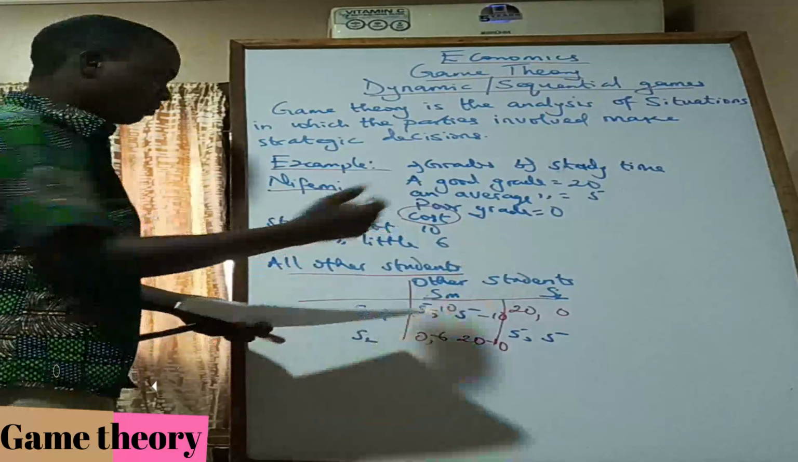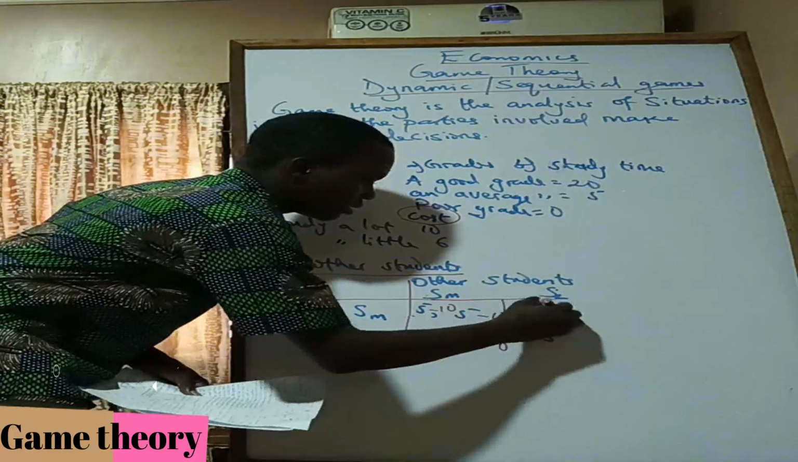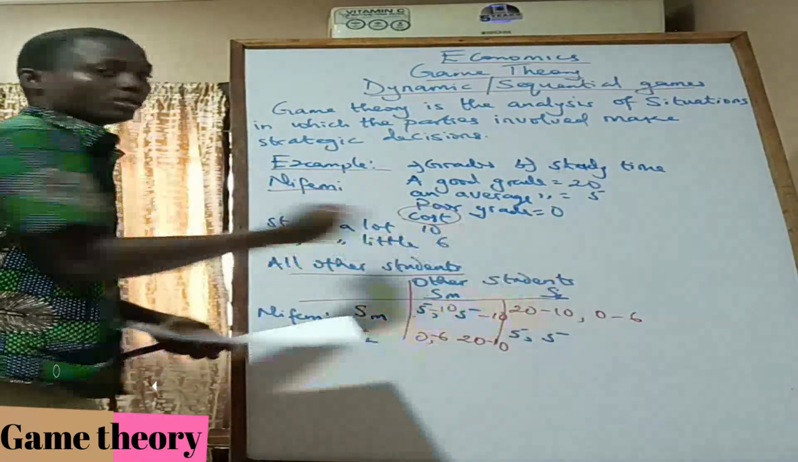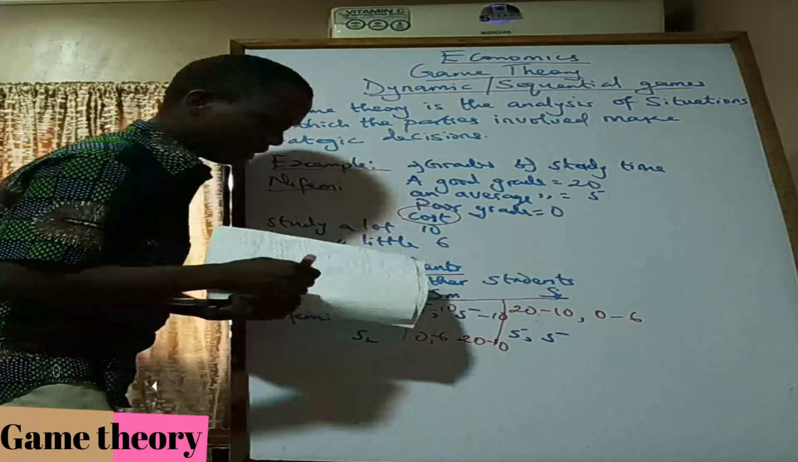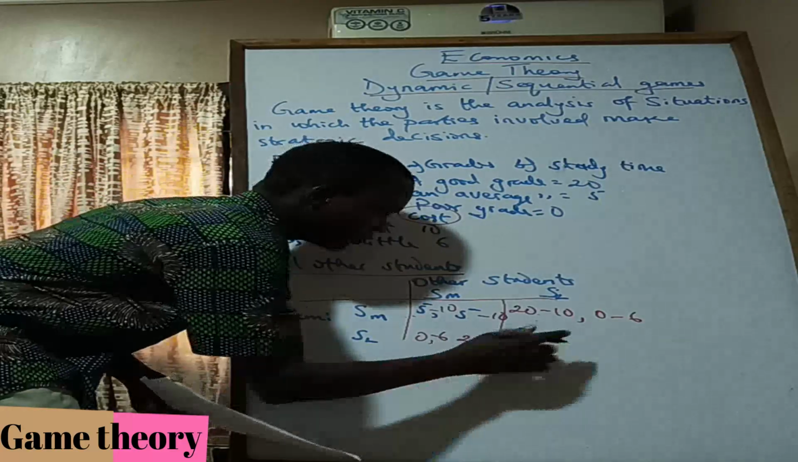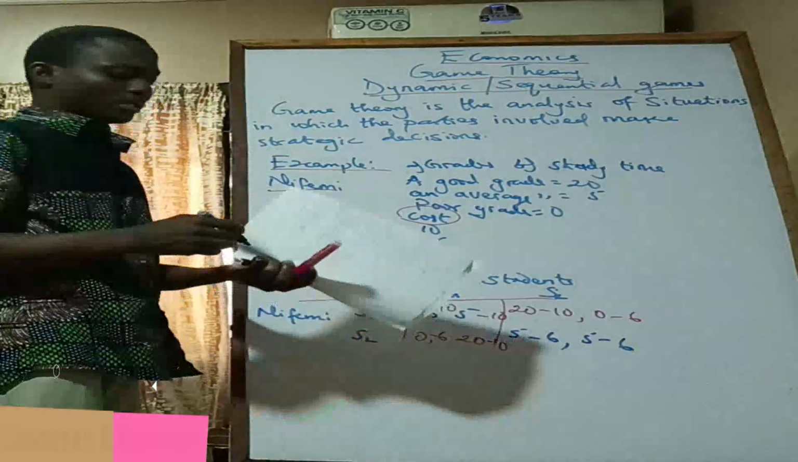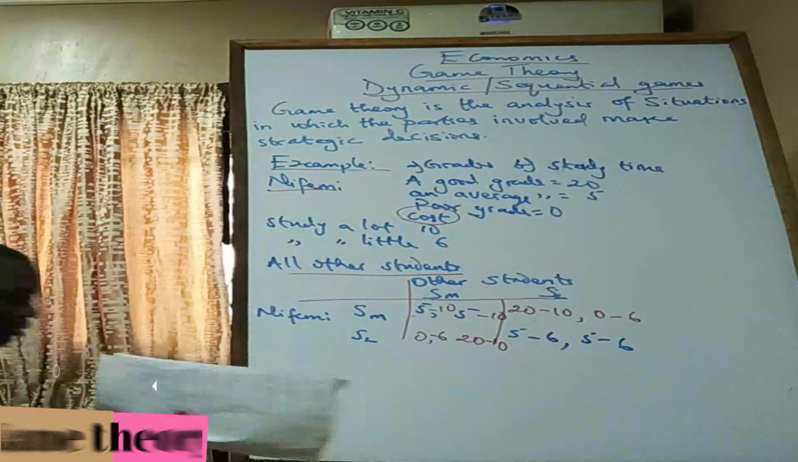Then the same thing here, Nifemi is studying a lot here. So this is 20 minus 10, comma, this 0 minus 6, because others are studying a little, and the cost of studying a little is 6. Then for this one, since both of them are studying a little, their net benefit is 5 minus 6, comma, 5 minus 6. I believe you understand this. So net benefit is just benefit minus cost. So let us now have the new